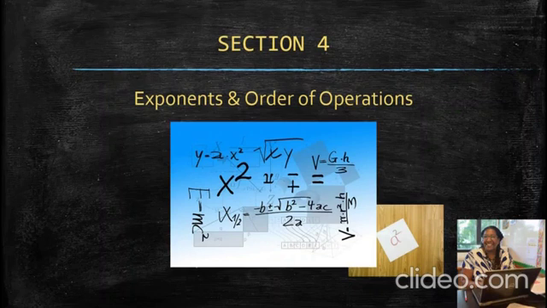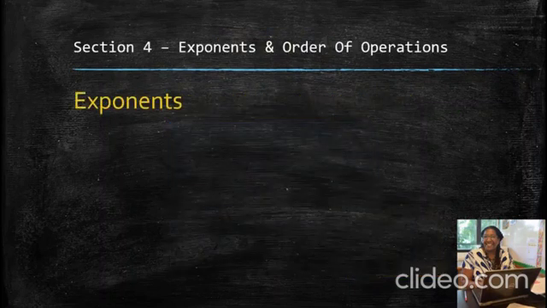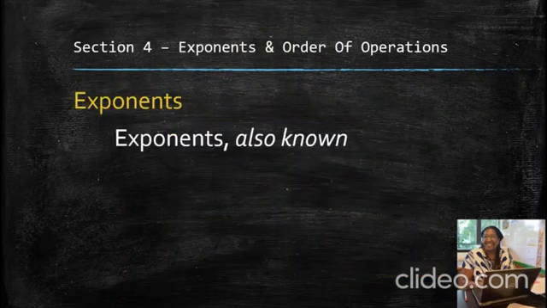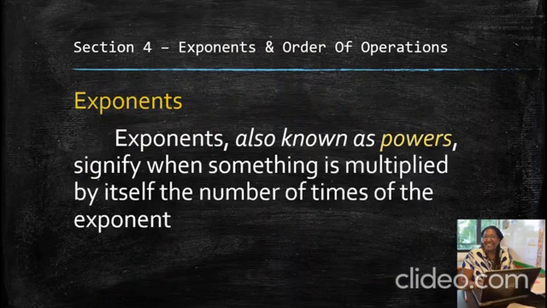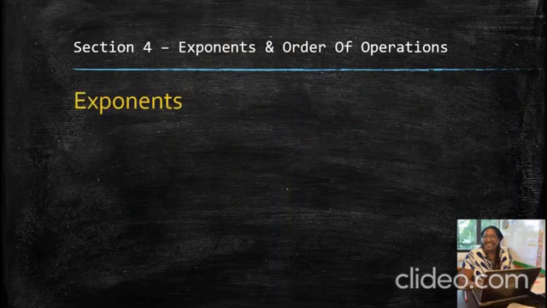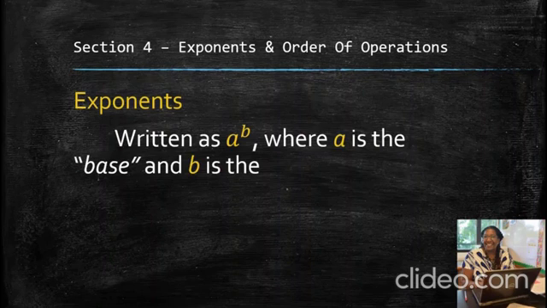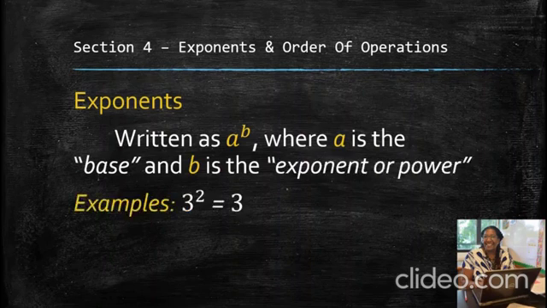In this video, we're going to talk about exponents and the rules associated with working with exponents. Exponents, also known as powers, signify when something is multiplied by itself the number of times of the exponent. Exponents are written as a to the b, where a is the base and b is the exponent or the power. An example of exponents, or a to the b, is like 3 to the second power, where you have